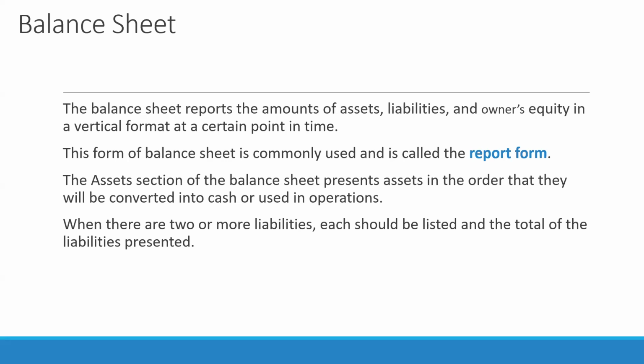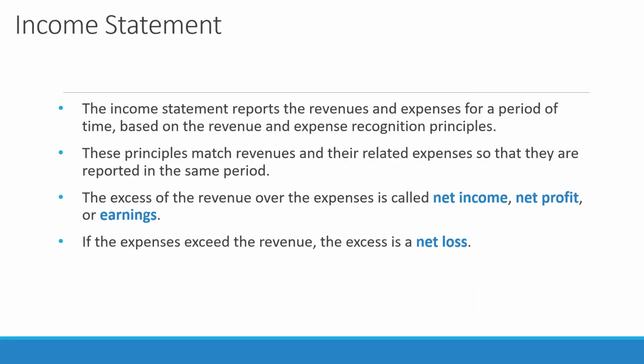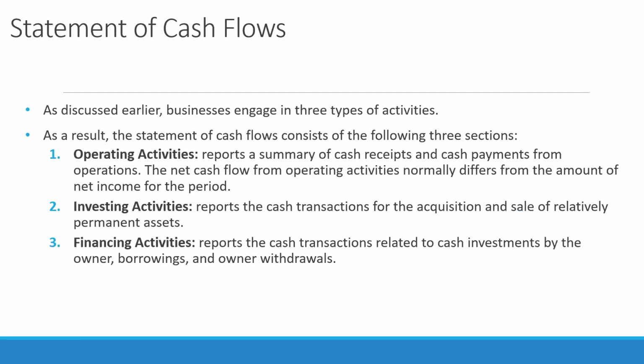And then there's also, for each of these, you're going to list total assets and then total liabilities and owner's equity. There's subtotals that you'll also have to calculate and display. And then the statement of cash flows shows what happened to cash this